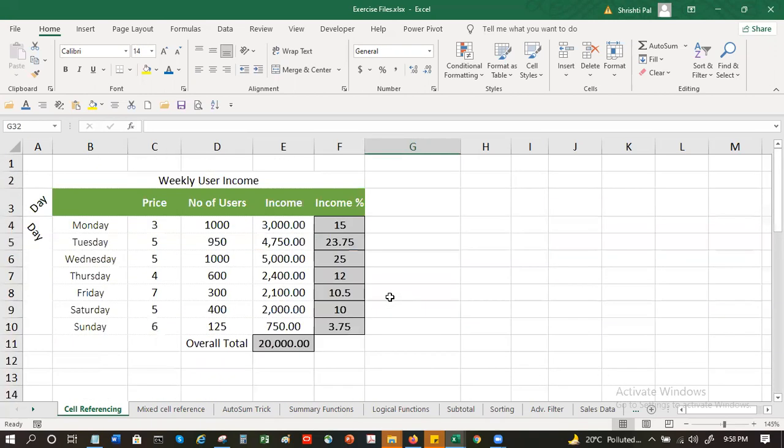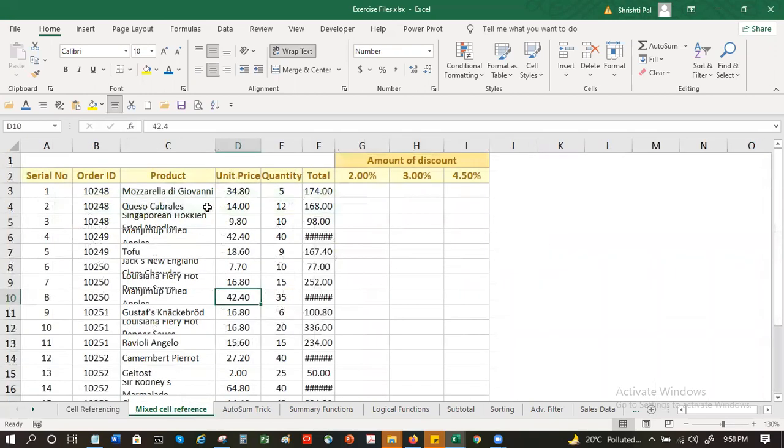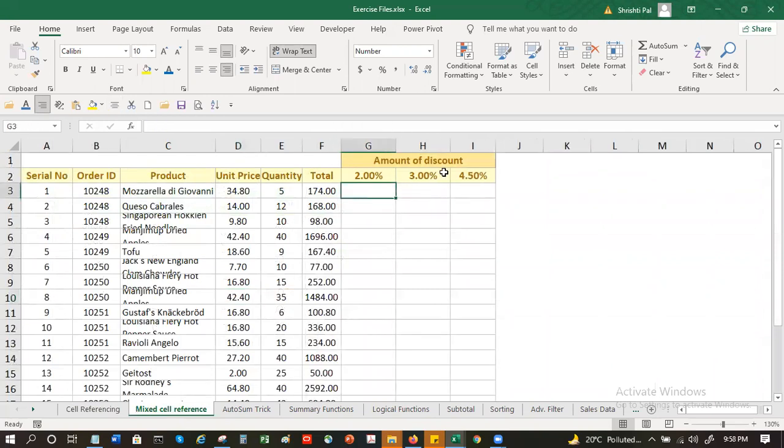This one has a number of examples. This one also, this is how much of discount you are going to get. 2%, 3%, 4.5%. So again, you will have to use dollar to move it around.